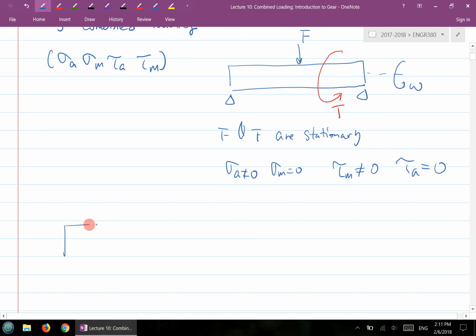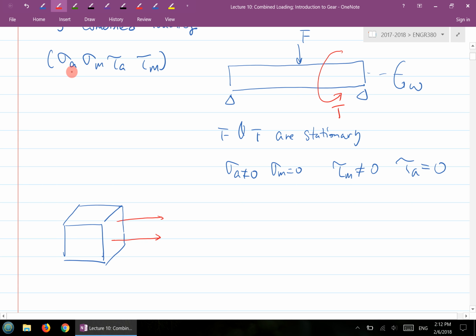So let's say I'm going to draw a stress element. Okay, so here's a stress element, and here's some situations here. Sigma A, tau A. So I'm going to divide this stress element into two parts. One is to deal with sigma A and tau A here. Okay, so sigma A is the amplitude; it's a normal stress, and